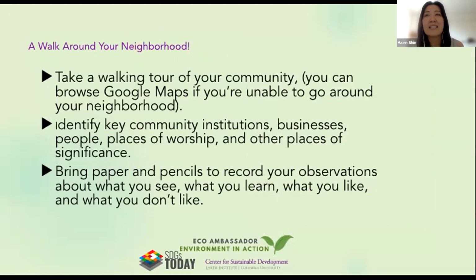So this is just a suggested exercise for this week. I know all of you are at different stages of knowing what you want to focus on for your project topics this summer. But I would encourage you, especially if you're on the fence and not sure about what to do for your topic, to just take a walk around your community. Once you go with that intentionality, what you see can also differ, and what you pick up might also differ, right?